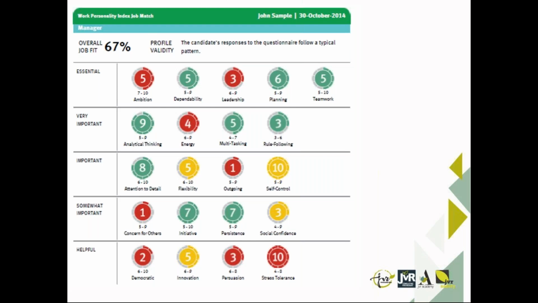on the system the scales that you want to see in a candidate. You identify whether these scales are essential, very important, somewhat important, or just helpful in terms of an individual's ability to do the job. You also identify how regularly you want to see these behaviors applied. And over and above that, you decide whether you want to see higher scores, lower scores, or more average scores. So you create the benchmark on the job match system, and then when you